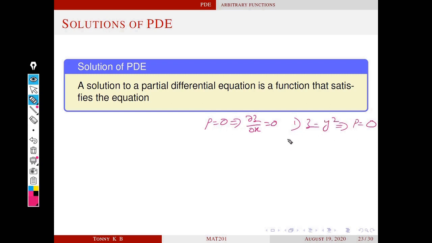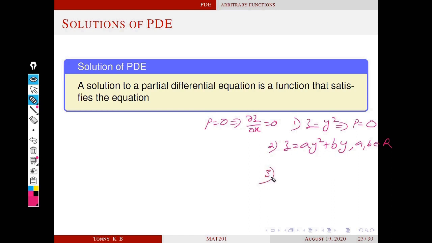Can you give an example of a family of solutions, either in terms of arbitrary constants or in terms of arbitrary functions? Anyway, z is equal to ay square plus by is a family of solutions of this PDE for a, b belonging to R, any real numbers, arbitrary constants. Whatever be the values of a and b, this function always satisfies this differential equation. If we differentiate with respect to x, the left side becomes p, the right side becomes 0. This is a family of solutions containing arbitrary constants.